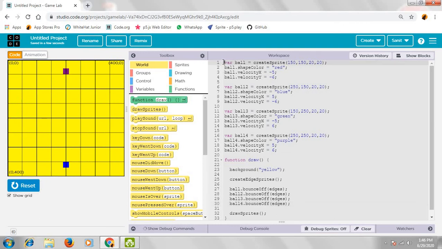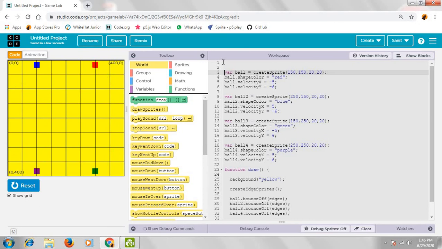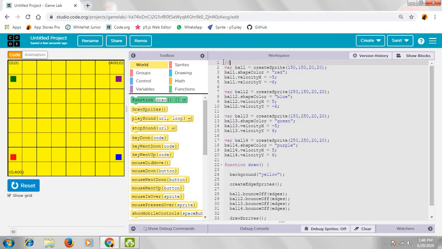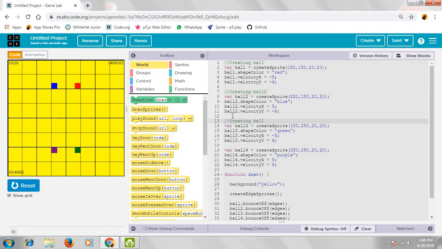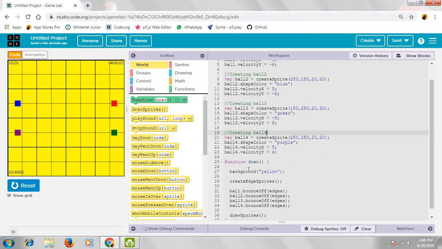Now we will add comments. For a comment we will use double slash. Sorry for the background noise. So we will write here creating ball. We will copy it for ball2, ball3 and ball4.